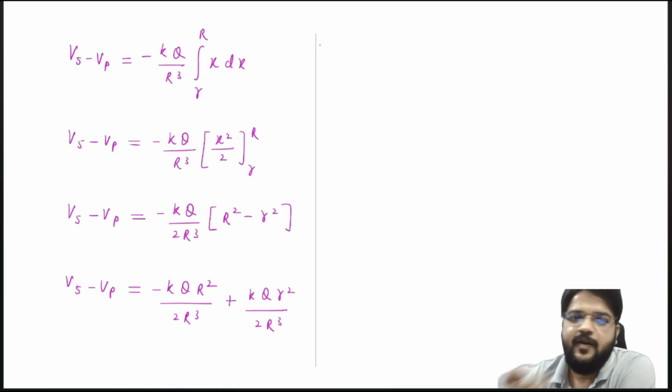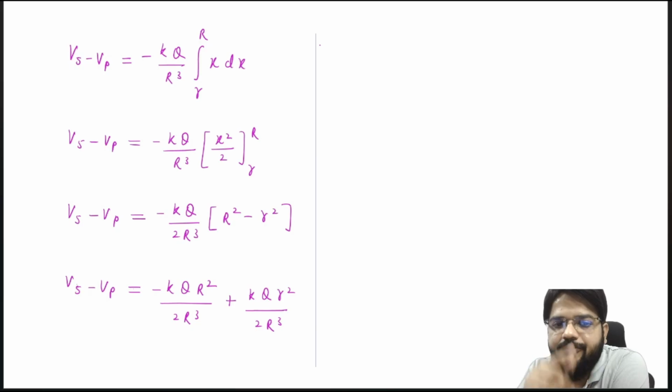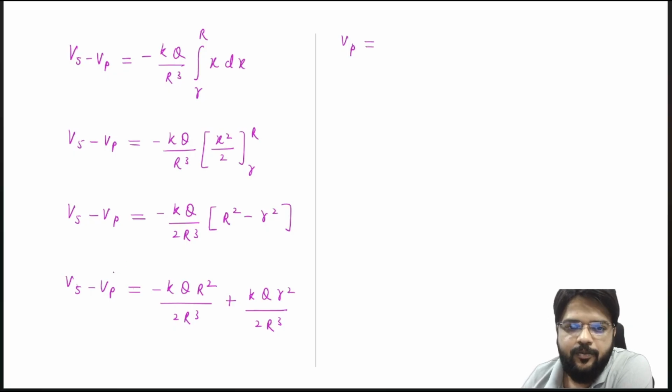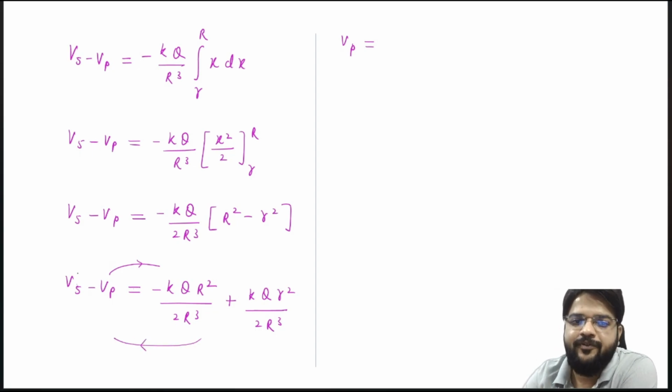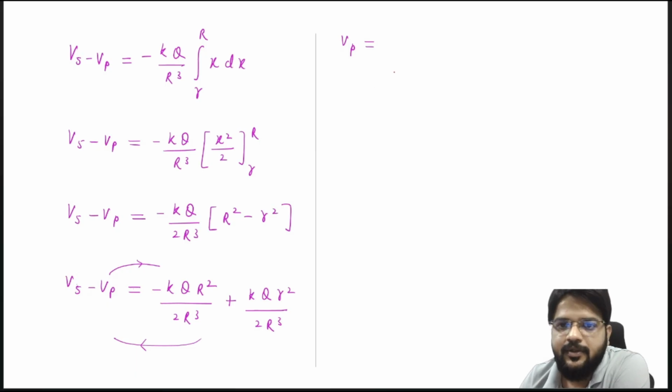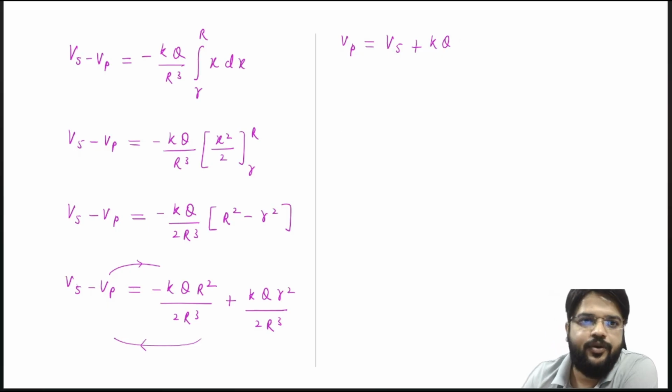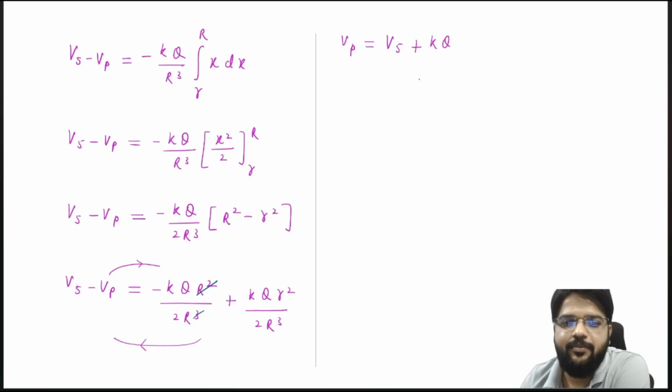Vs minus Vp, correct? So now the next thing is what? We are looking at the P point. So Vp equal to, we will put this Vp on this side and this term on this side, everyone. So Vp is becoming positive if it is going toward the right. So we have Vp equal to Vs plus KQ, and you can do one more thing here. This and this is cancelling. So we have KQ by 2R only